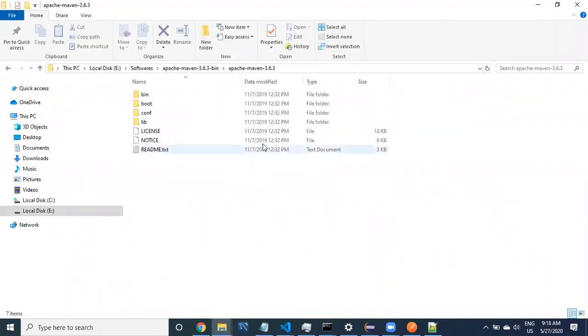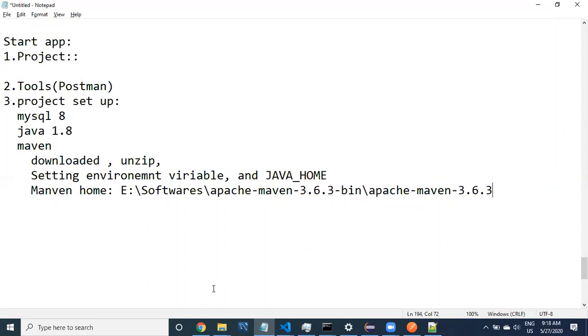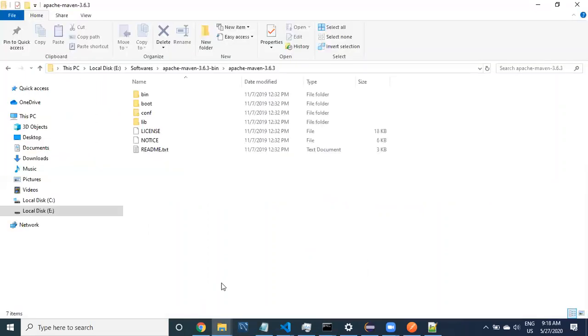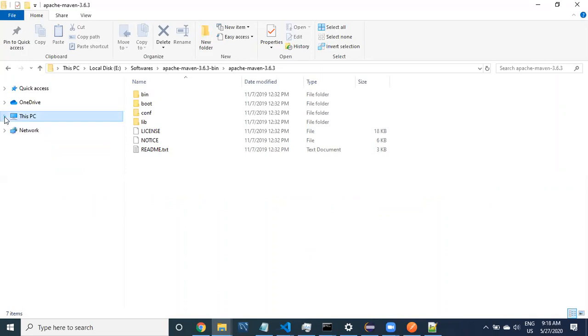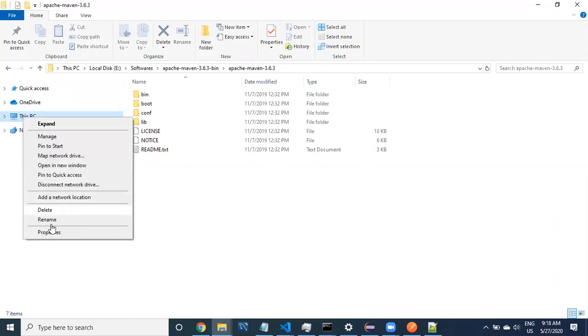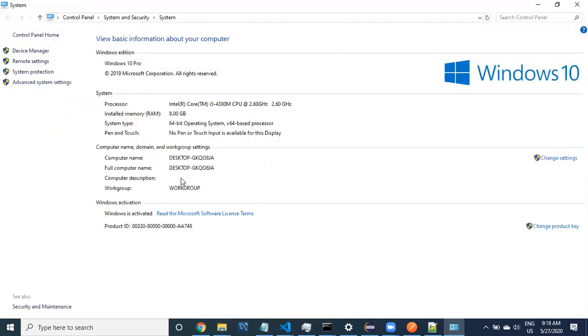Now we have to go to the system properties. In File Explorer, you can right click on This PC and go to Properties.